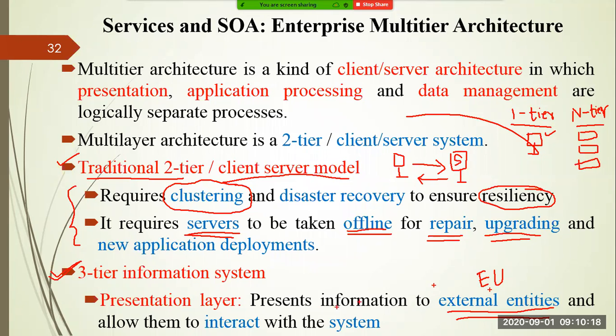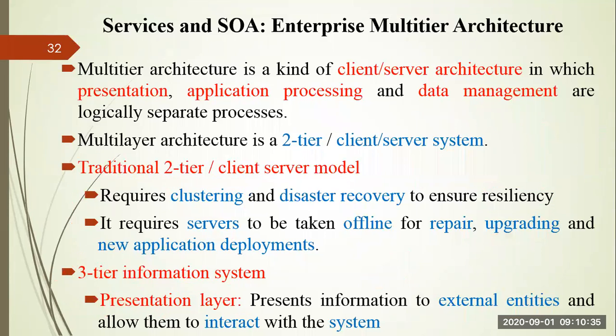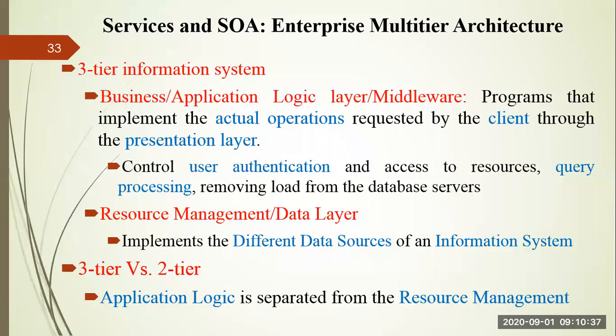And it allows interaction with the system. By the help of this presentation layer, a user can interact with the system, right? So it is the first layer, just like your application layer. Here we call it the presentation layer, right? So the next layer is nothing but the business applications,